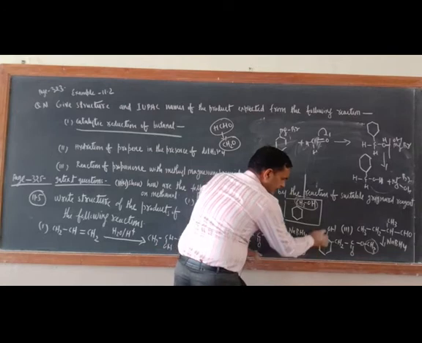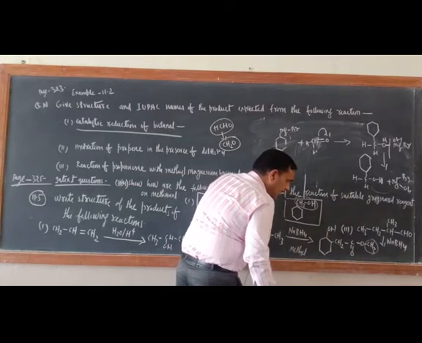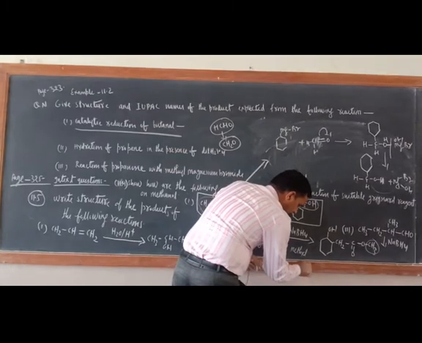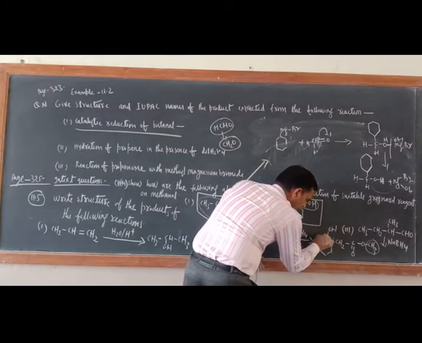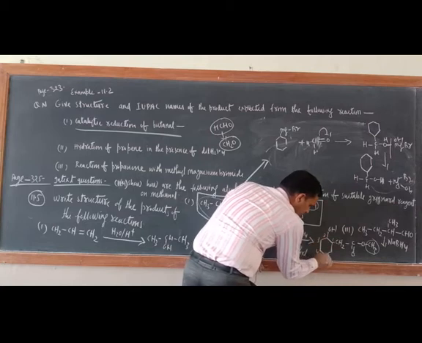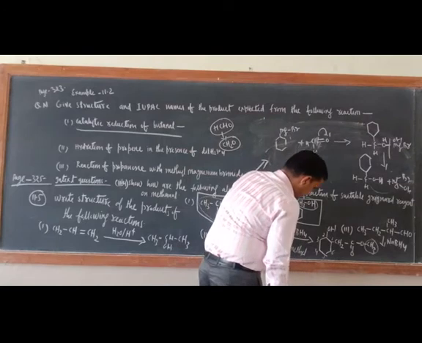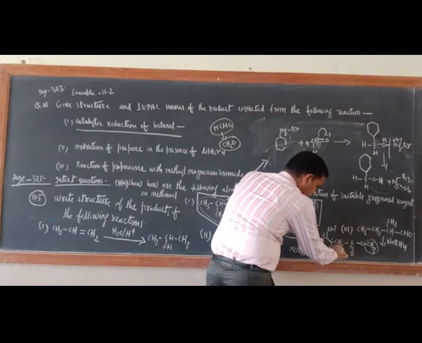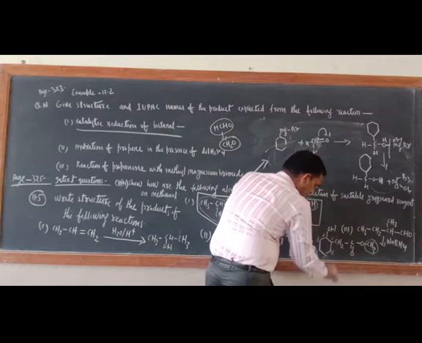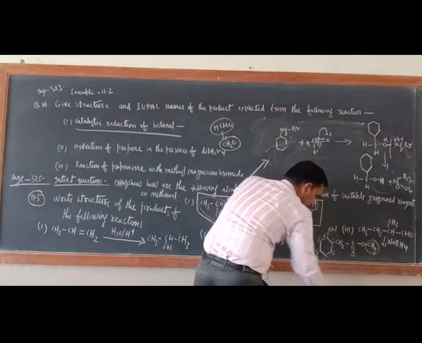Then what is this one? Cyclohexyl ol. Cyclohexyl, number it: 1 2 3 4 5 6. Okay, correct? Yes. So this is the substituent. This would be at the 1 number carbon atom. What is attached? Methyl for this one.